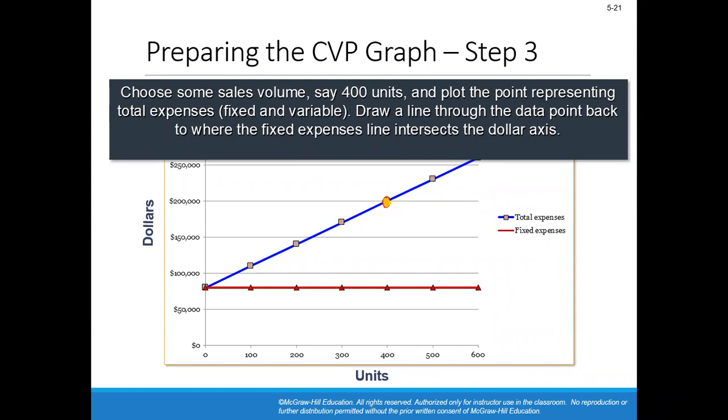So you mentioned that it is 200,000. That's why you see on the vertical axis, we are connecting this with the $200,000. So if we plot the other relationships for 600 units, 200 units, and 0 units, we get this kind